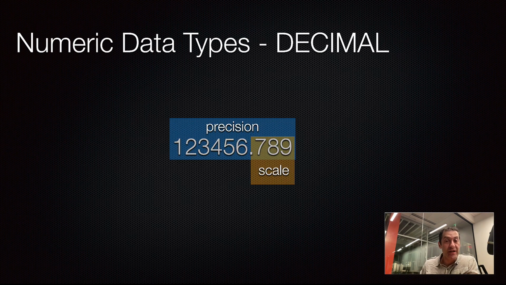Decimal is a fixed point, and when you define a decimal data type, and we'll take a look at how it is done in console, there are 2 values that you need to provide. One is the precision, which indicates how many digits are going to be total in your numbers, and that includes digits after the decimal point. And scale is the number of digits that actually come after the decimal point.